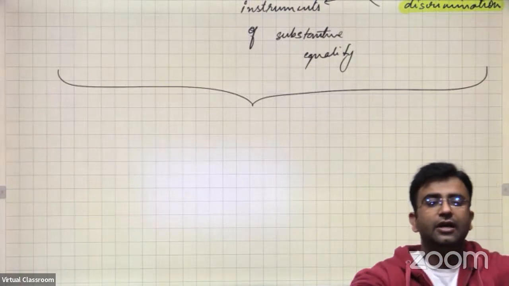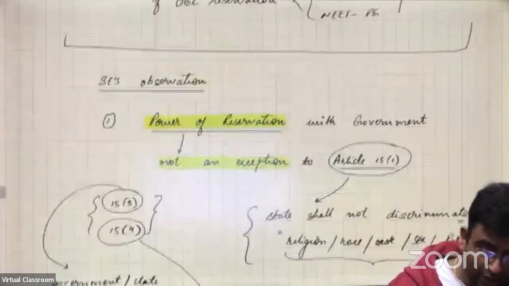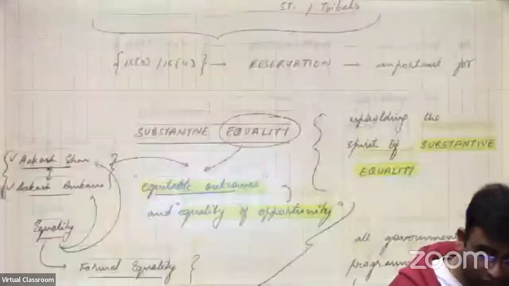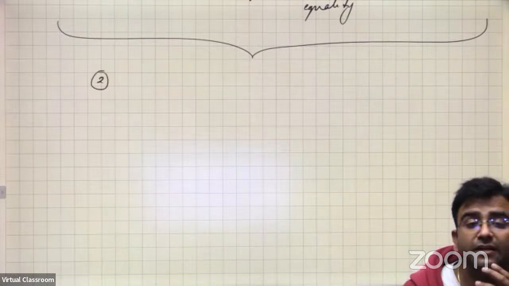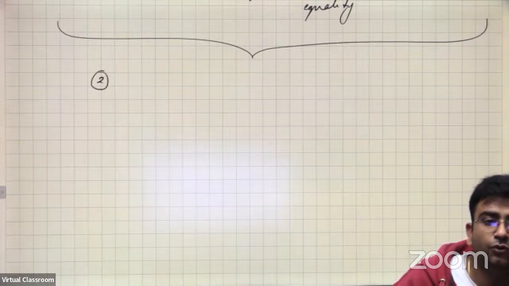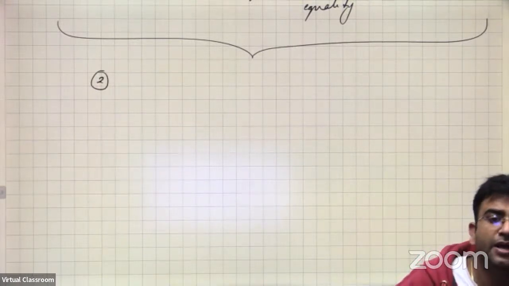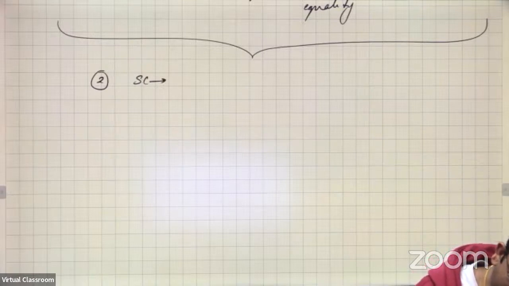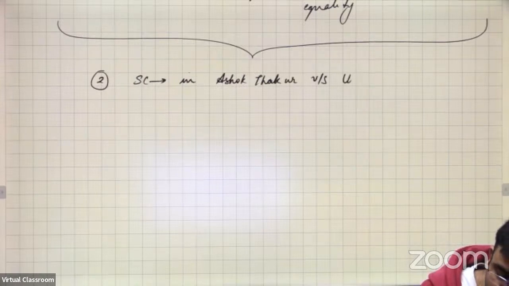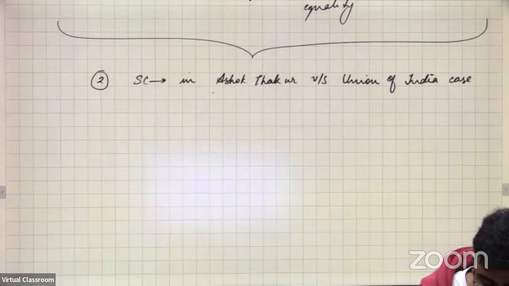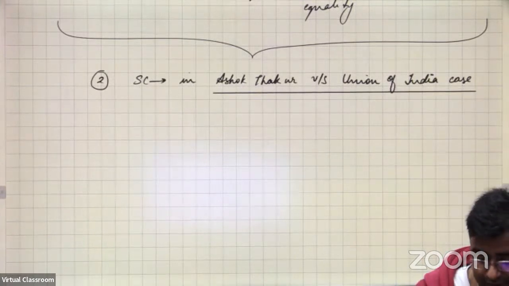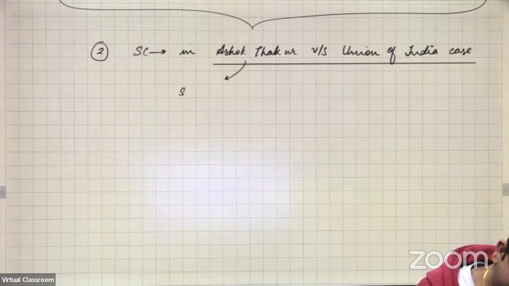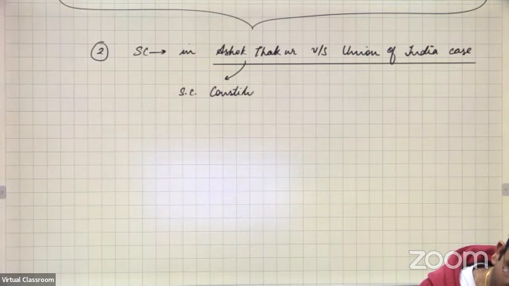Okay. All right, okay, let's now see the second reason for Supreme Court to uphold the OBC reservation for NEET examination is that in the year 2007, or I do not remember the year basically, there was a case that is Ashok Thakur versus Union of India. So Supreme Court gave the second argument that in Ashok Thakur versus the Union of India case, all right, the Supreme Court Constitutional Bench